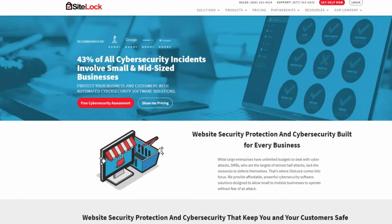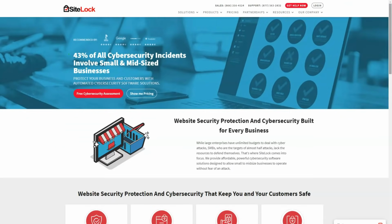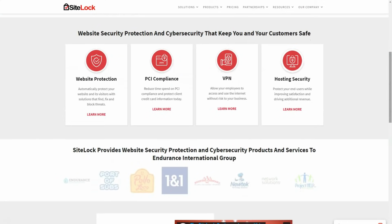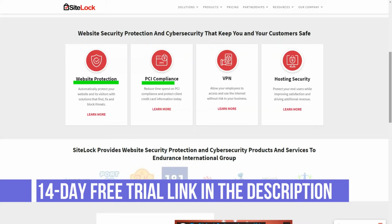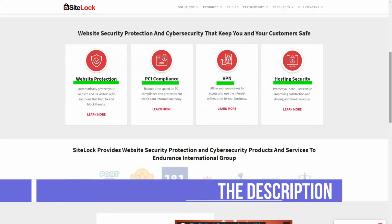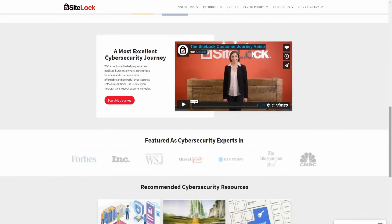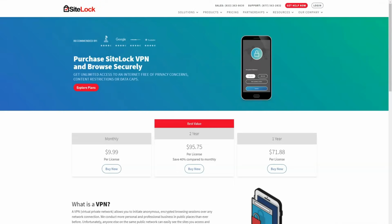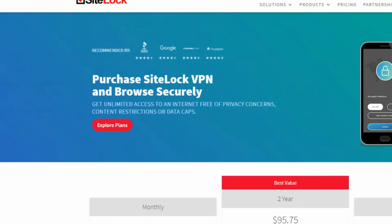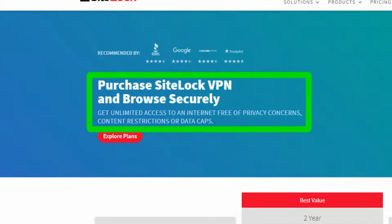SiteLock is an American company known for its security products and has recently integrated VPN into its portfolio. When testing the service, it's easy to see why SiteLock is considered one of the top 100 US security companies. It offers OpenVPN and IKEv2 protocols with 128-bit and 256-bit encryption, as well as an emergency switch. On top of that, SiteLock has a network of over 1,000 servers in 40+ locations in 20 countries with great